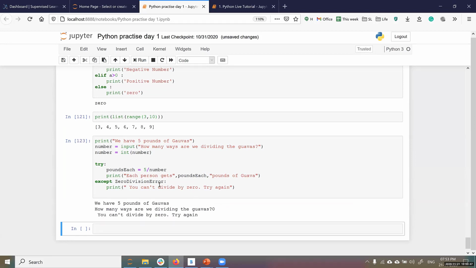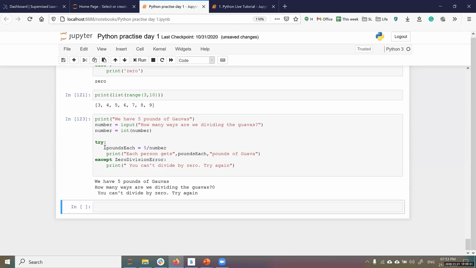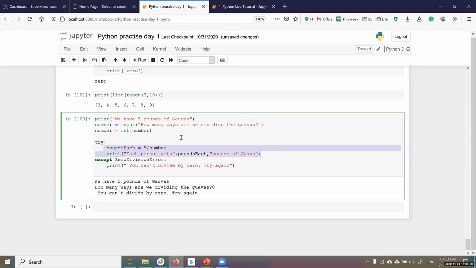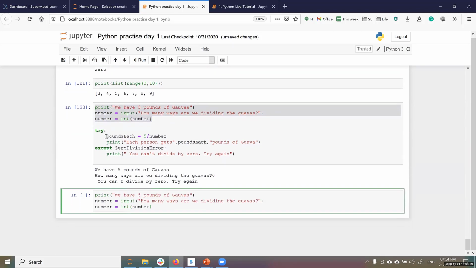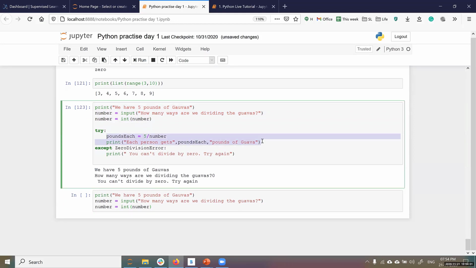If I don't have the exception handling, I'll show you how it looks without it.